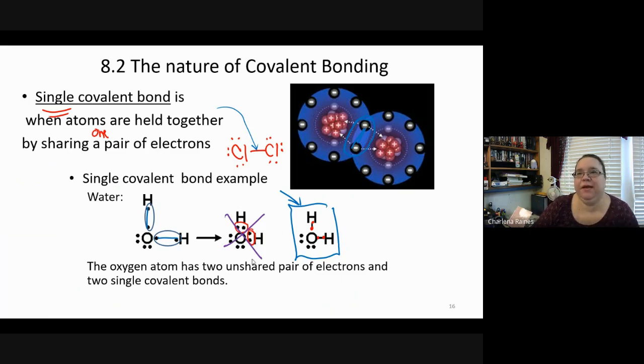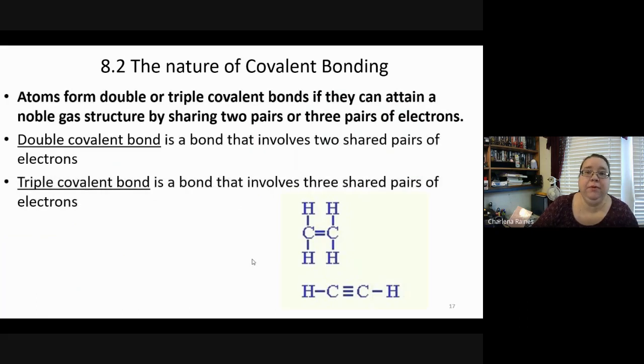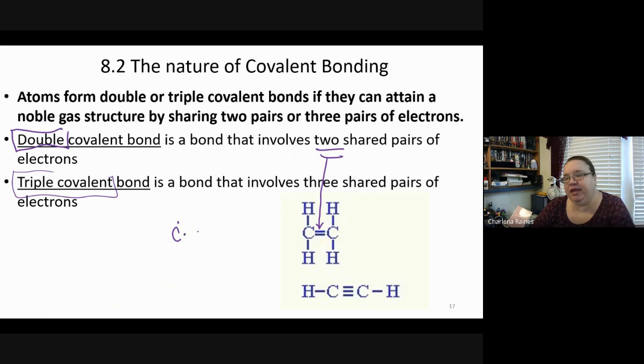So with single covalent bonds, we have a single pair of electrons being shared. Well, double and triple, the words kind of tell you what they are. A double covalent bond shares 2 pairs of electrons. A triple covalent bond shares 3 pairs of electrons. So we can see that double bond right here between the carbon and the carbon. It looks kind of like an equal sign. And if I was to draw it out using the dots,